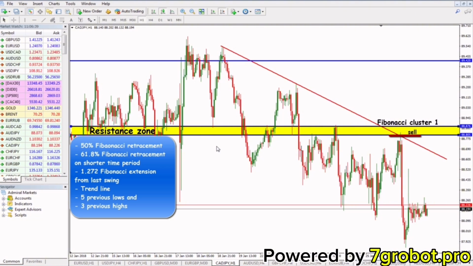I hope you understood everything. In the next part of the course, we will show you other examples of Fibonacci clusters. See you